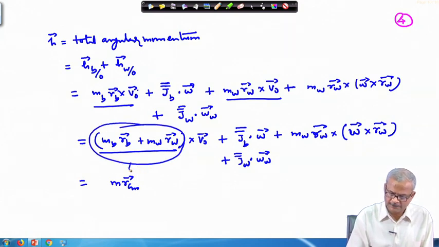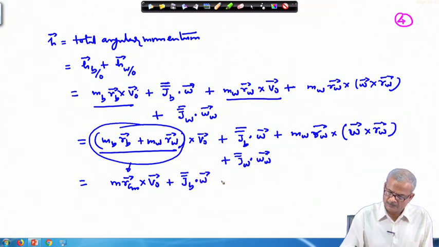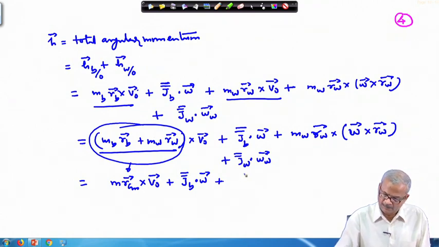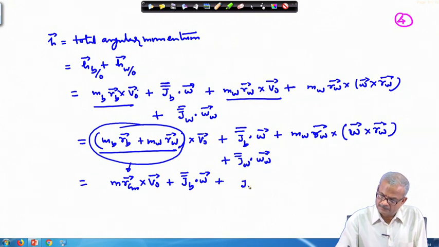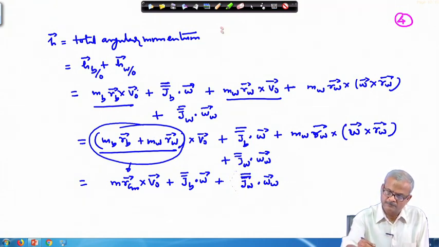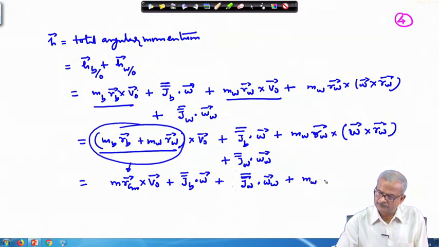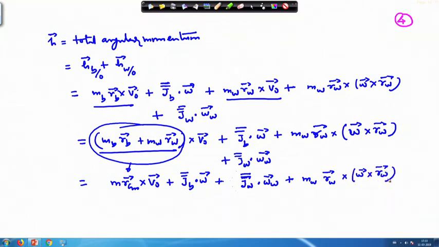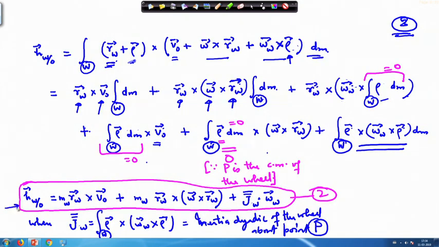This gives you this quantity which is here cross V_0 plus